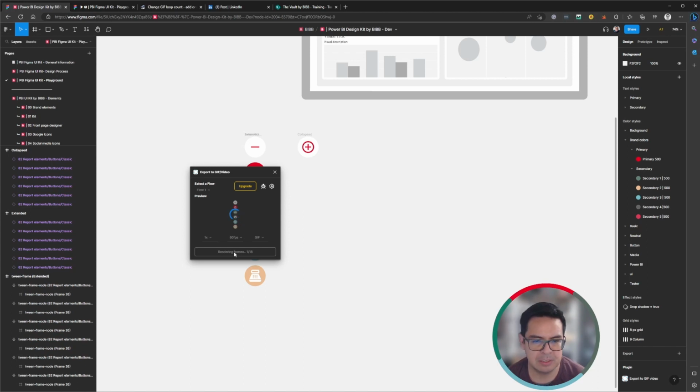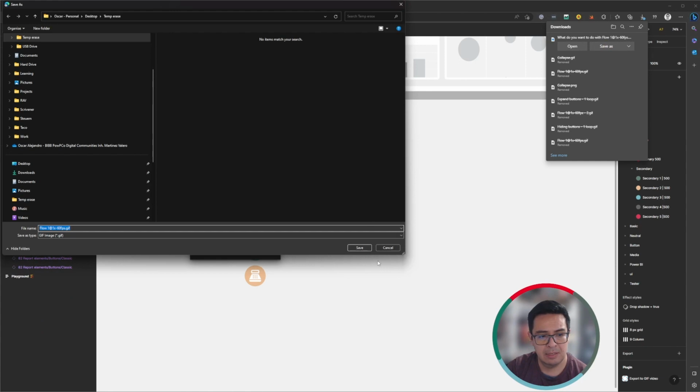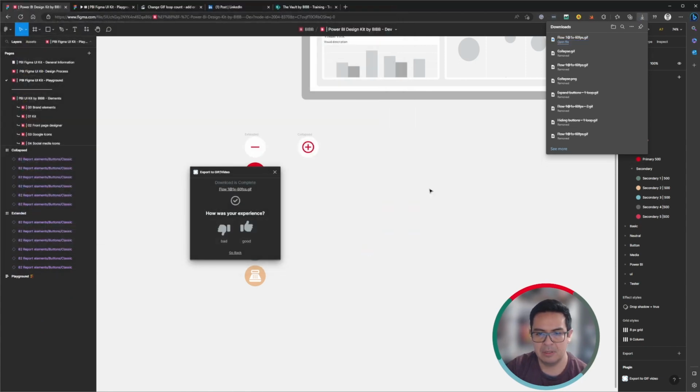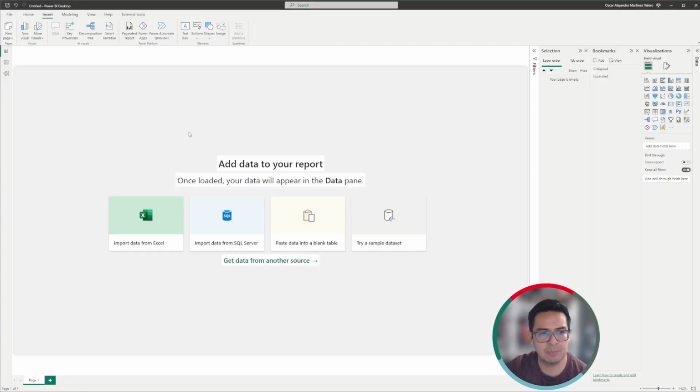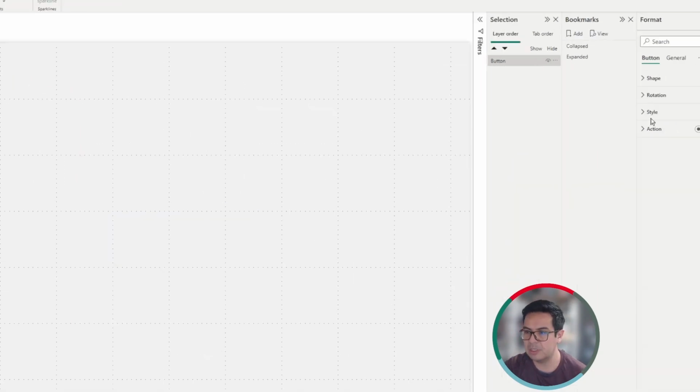Now this plugin, what it's doing is taking this prototype with Smart Animate, and it's creating the GIF of this prototype. Now let me head back to Power BI. And here in Power BI, something that I will do is that we will be using, for all this, a blank button. So in this case, our blank button, if we go to the style pane,